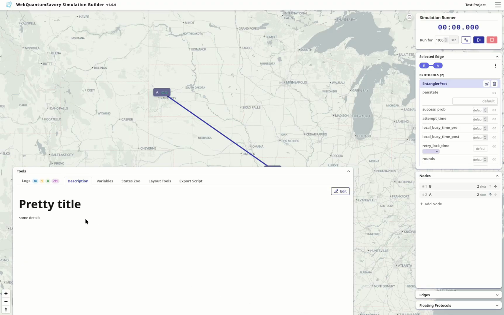And that would be used to provide some information about your simulation. The next two tabs are fairly important for defining global variables and state variables. So what are these? Well, notice that in the constructor for the protocols, we have a lot of configuration options